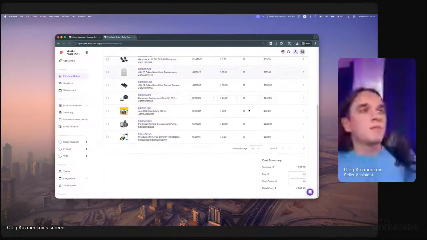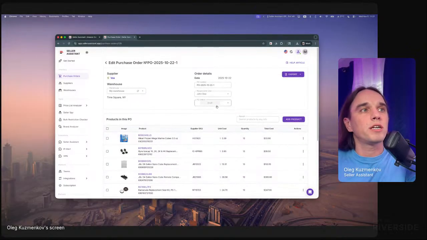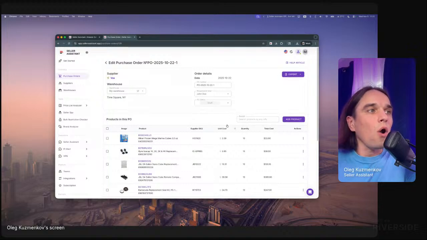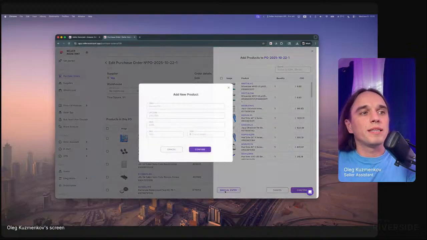And this is my purchase order. The final cost is here. You can adjust shipping cost when they update you with your supplier, and also you can track your purchase order status. If you send it, you can set sent, and like this. Also, you can add any products from this button. It's like searching products from your latest price list, and it shows costs. And also, if the product is not in the price list, you can manually add it, like by title, ASIN, UPC,